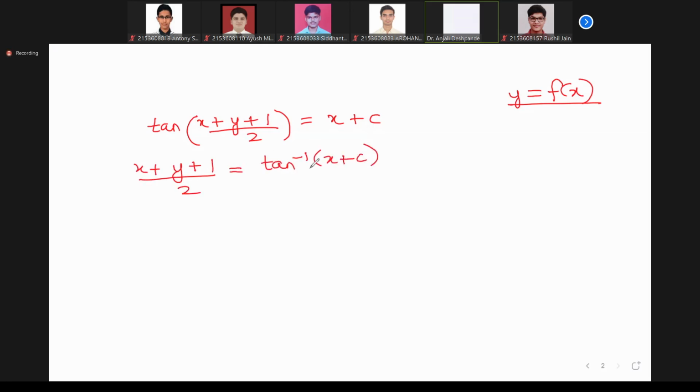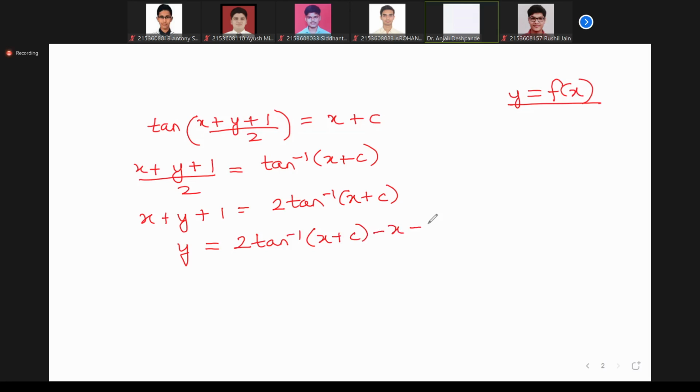First you will take like this. That's a very easy step. Then x plus y plus 1 is equal to 2 times tan inverse of (x plus c). Then you can write y is equal to 2 times tan inverse of (x plus c) minus x minus 1,